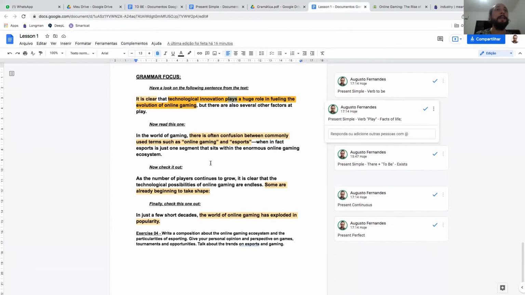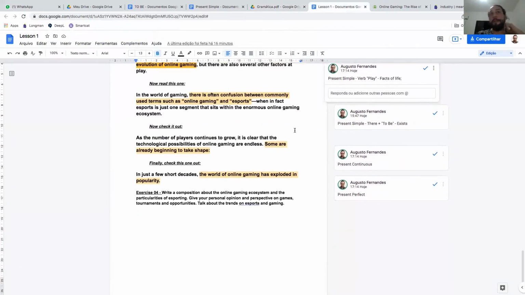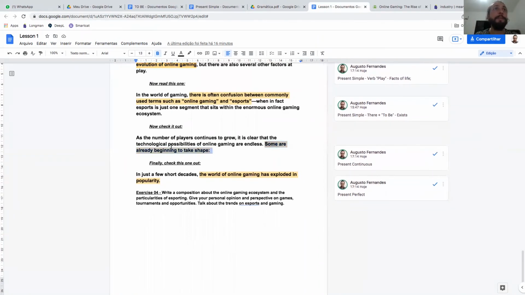There are 2 points that we are going to work on in the next class, but you can start researching them, okay? So here we have an example. Some are already beginning to take shape. It's an example of present continuous that you can find in unit 1 of the grammar.